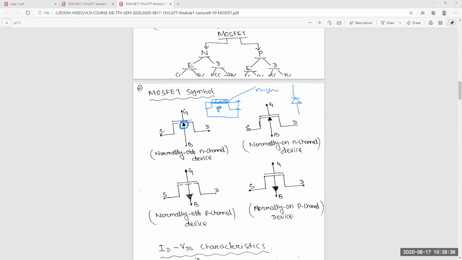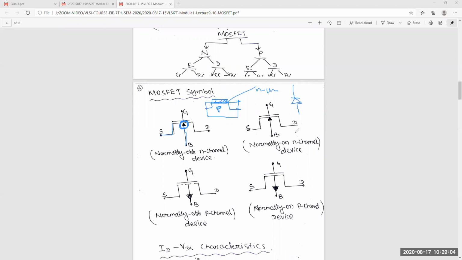So this is all about the symbol. How the symbology looks like this. This is the gate, that is the insulation layer. This is source, this is drain. The channel is not formed, that's why there is a gap. And this part is P to N, that is its anode, this is cathode. This is the way the symbol is. Got the point? How it looks like this?